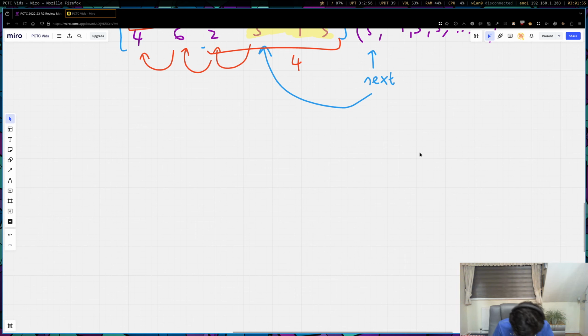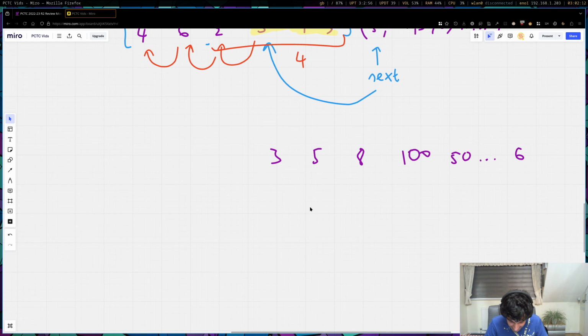Let's say we had a loop of 3, 5, 8, page 100, page 50, and so on. So let's say we had this really massive loop, and let's say the last element, the last digit in the loop, is 6. So you have this massive loop, and let's just put that in brackets. This is our loop,